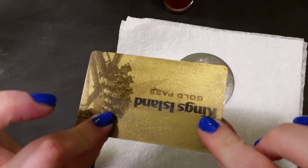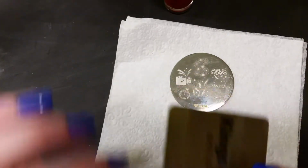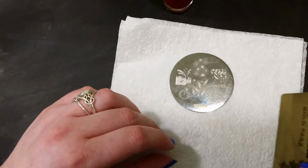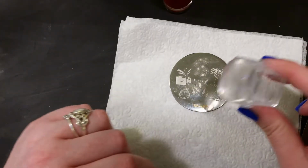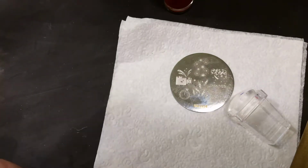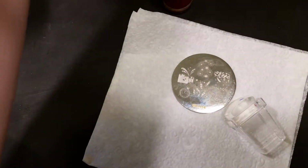I am using a Kings Island Gold Pass to scrape today. I find this to work a lot better than the scraper that came with it, which I have been using the past few weeks. And then I have my clear jelly stamper as always, and I have some nail polish remover, acetone free in case I mess up, and a good quick dry top coat, and we're all ready to go. Alright, so let's start by